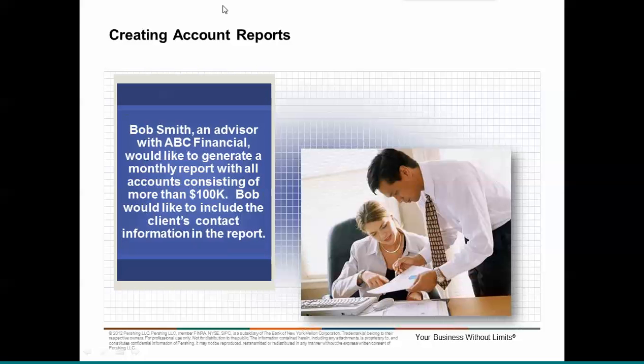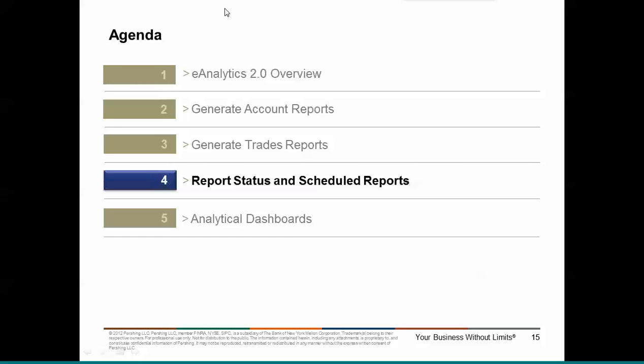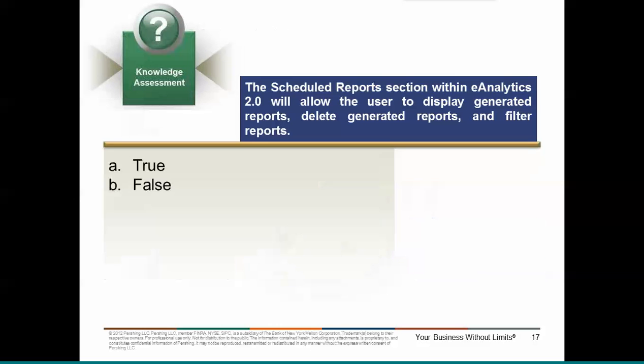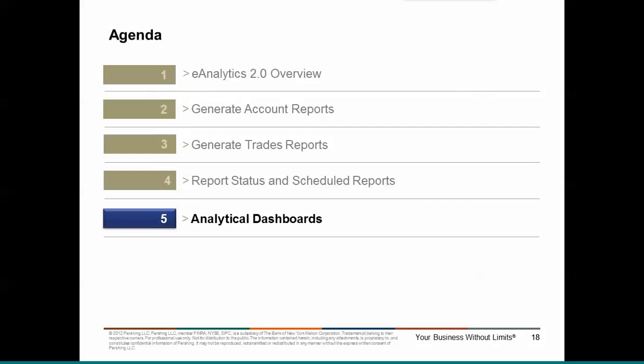All right, so let's go ahead, and I'm actually just going to jump back to the PowerPoint. We talked about generating account reports. We talked about generating trade reports, report status and schedule reports. I also touched on... So let's just jump into a recap. Under the report status, that's where you can view the reports. It allows you to see what's been generated. You can also delete those generated reports, and then I'll actually skip the knowledge assessment, and we're going to jump